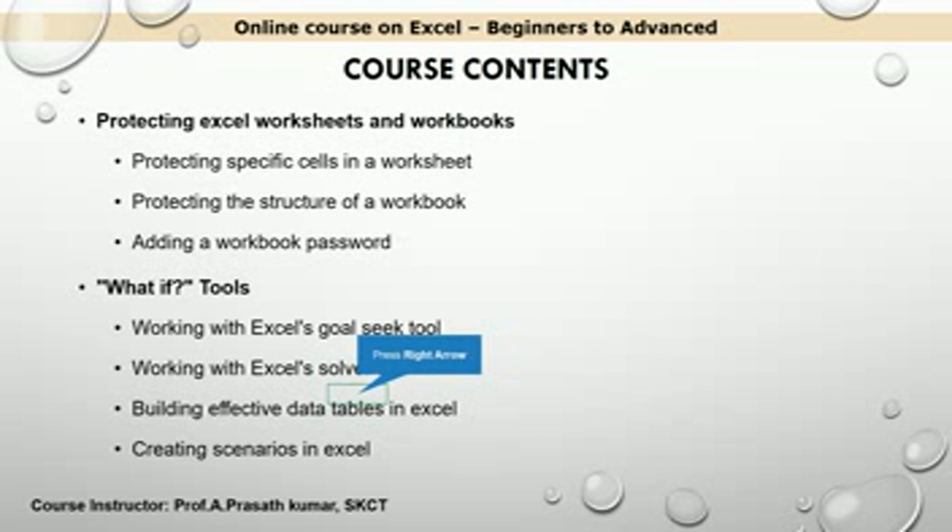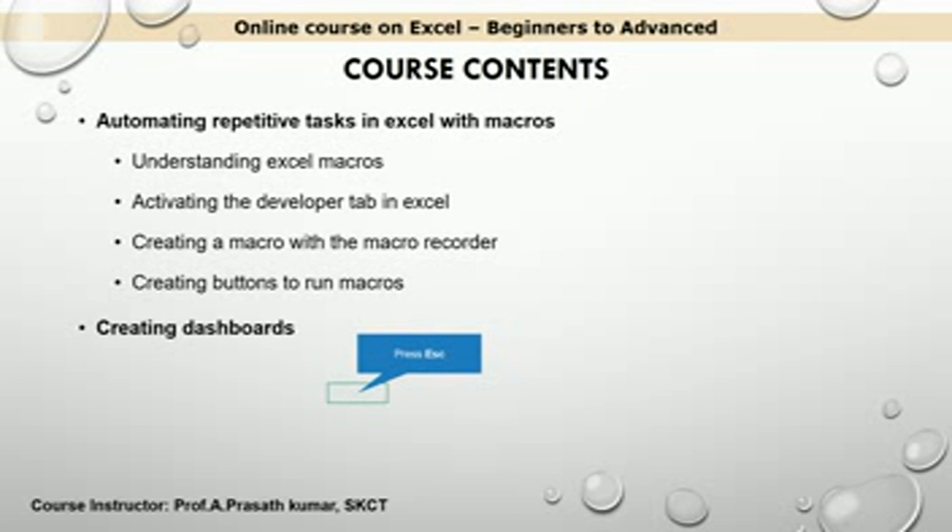And we will do the what-if analysis using this Excel. In what-if analysis we have the Goal Seek tool, then Scenario tools, and Solver tools, and we will be discussing how to use these tools to create models in the given data. Then we will be orienting towards creating small, basic macros. These macros will be very helpful to reduce the time of doing repetitive work.